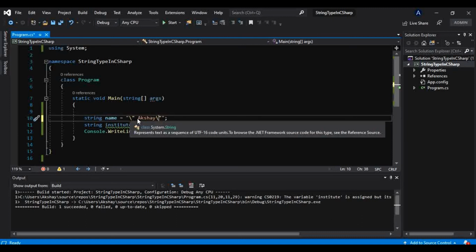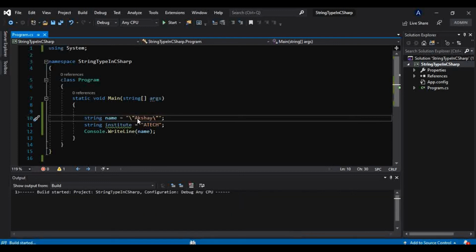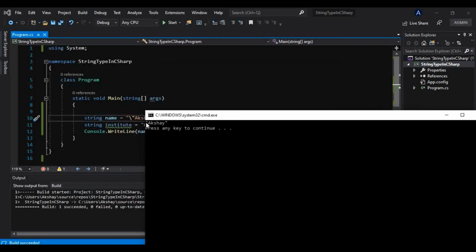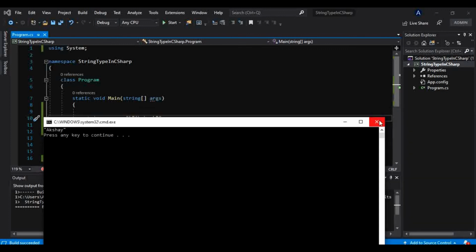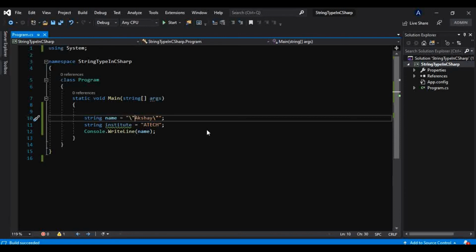Let's run this and see how it looks. It is printing Akshay with both double inverted commas. So escape sequences are used to escape a character that has a special meaning inside double inverted commas.